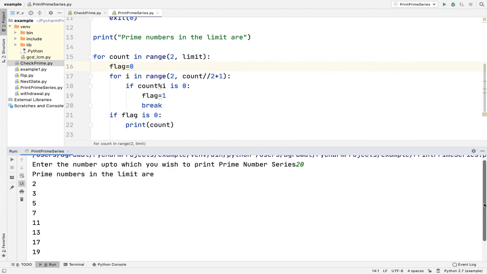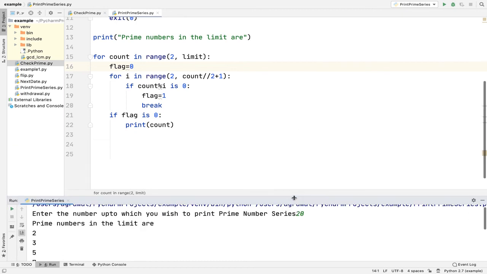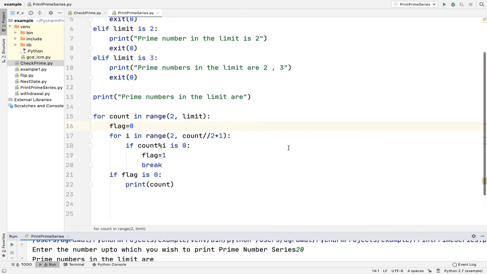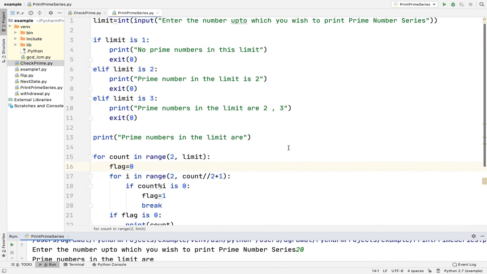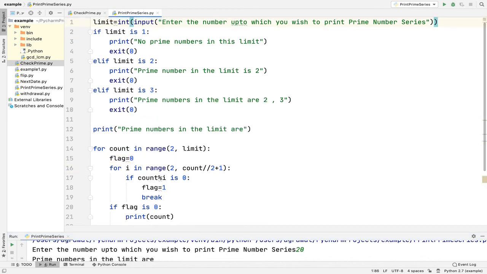In order to do a nested loops program, you should always find out the logic of the inner loop first. Over here, our logic for the inner loop was to check if a number is prime or not. And according to that, you apply the outer loop. You just need to manage the names of the variables. Now let us have a look at the program. Okay, you can have a look at the program. So this is my program. I will just reduce some spaces to make it visible.